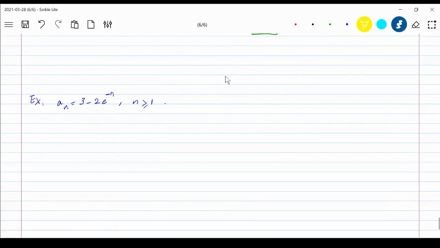Okay, here's another example for upper and lower bound, by the way. You don't always have to find the closest upper and lower bound. So in this case, what I can say is e to the power negative n. So here a_n, you can calculate some values to see how it looks. 3 minus 2e to the power negative 1. It's not that easy to see how this number looks, but if you have an idea of how e looks,